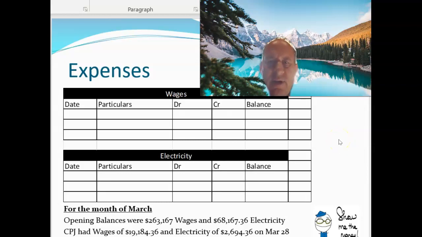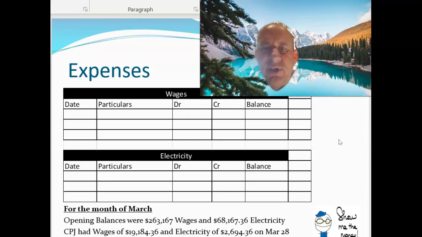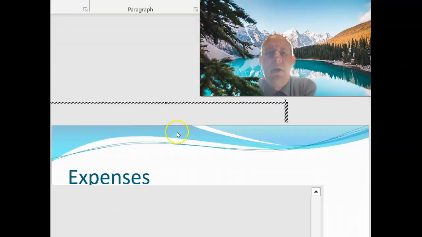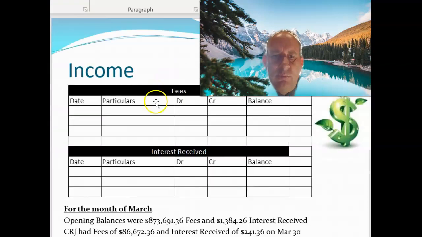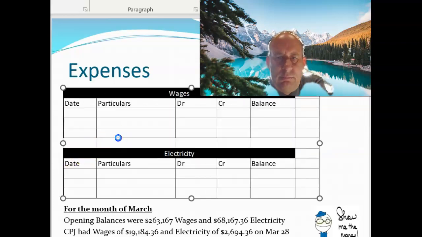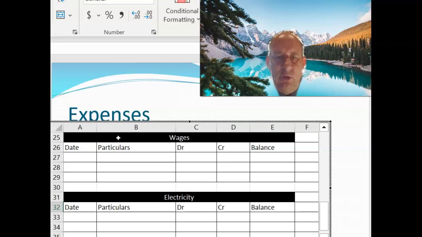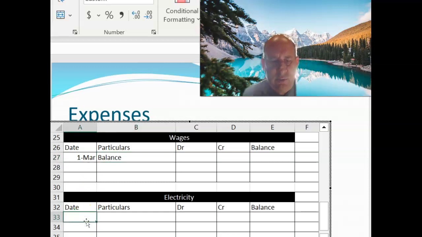The second clip is around ledgers for wages and electricity, basically anything that are expenses. So again, if you can double click, and that way we can type in. Alright, so we're going to start off with the opening balance again and do that for electricity as well. So the first of the month